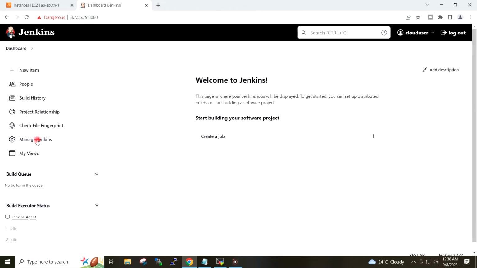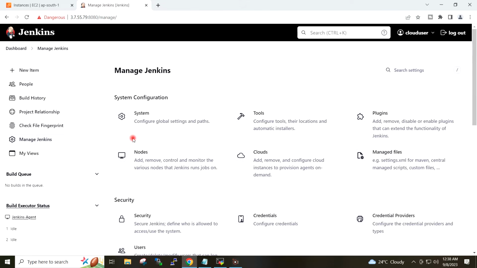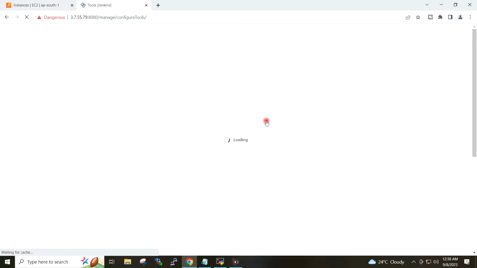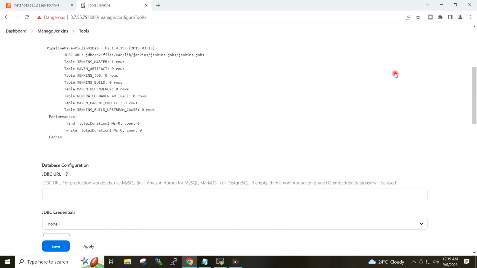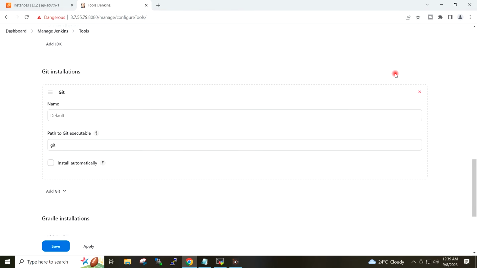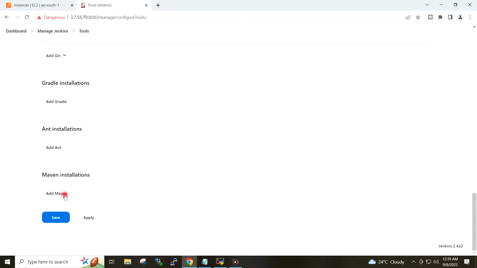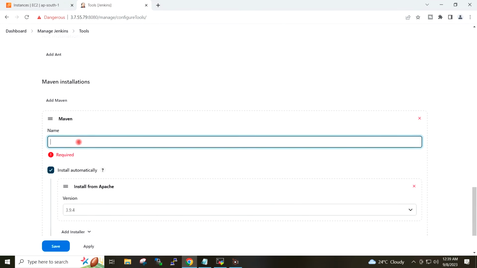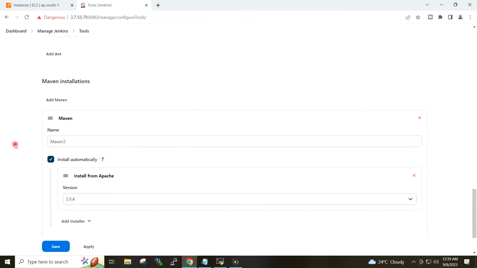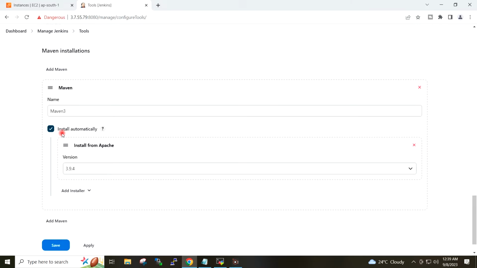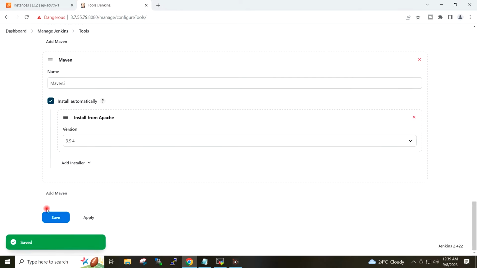So I will go to Manage Jenkins, tools, Maven installations, add Maven, name I will give Maven 3, and this name will be recalled in the pipeline script. I will tick install automatically, apply and save.